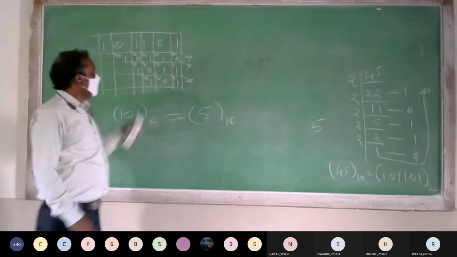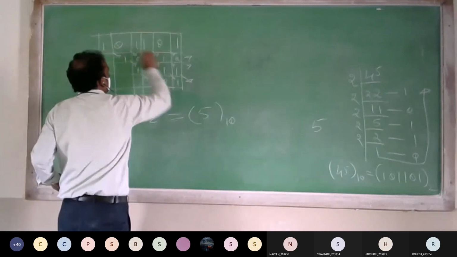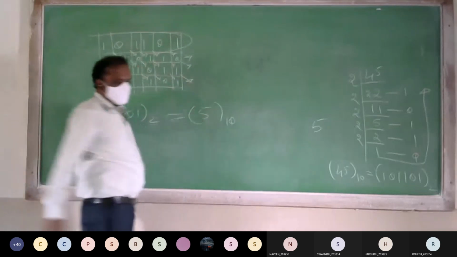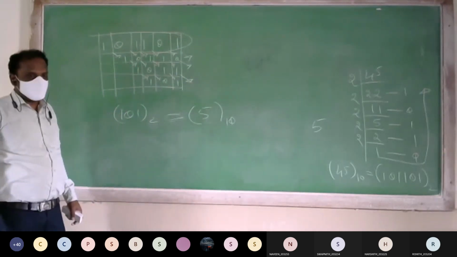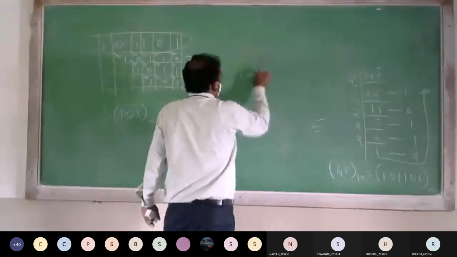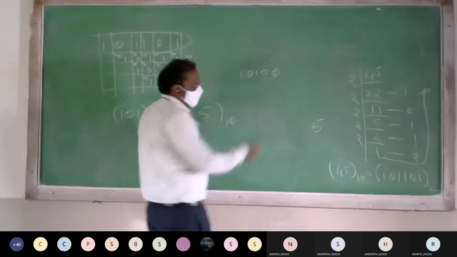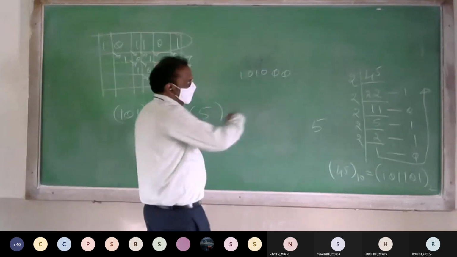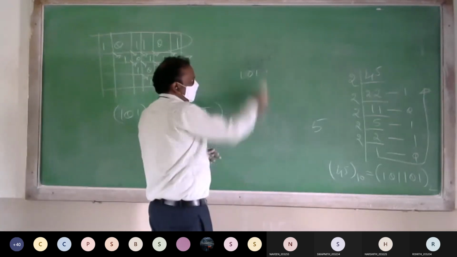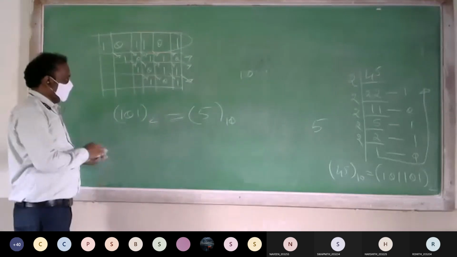If you want to use the memory diagram, just delete these three digits. What is remaining? 101. 101 is nothing but decimal 5. When you are shifting towards left, for example, 1010, this is 10. If you want to shift towards left by 1 bit, add 0. 2 times, add 0. Left shift means add 0. Right shift means delete the bits. How many bits you want to shift towards right, that many times.